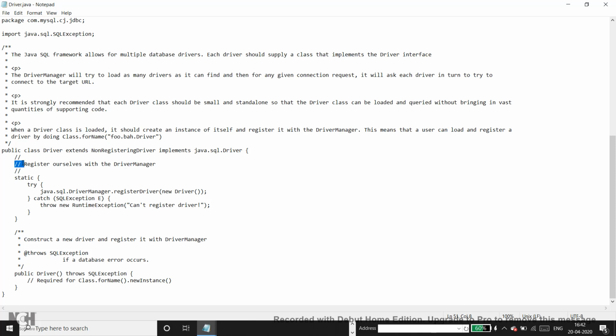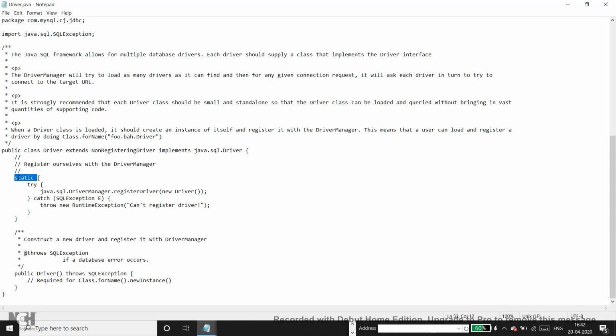So this particular line serves two purposes. One, which is very obvious, is that when you use forName of the class, you are loading that particular class dynamically. And while we load that class dynamically, the hidden thing that is happening is that the class has got a static block.